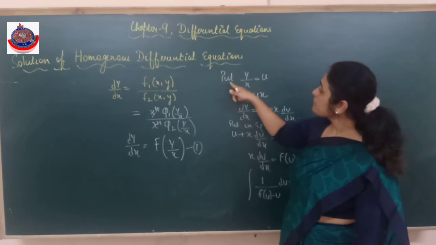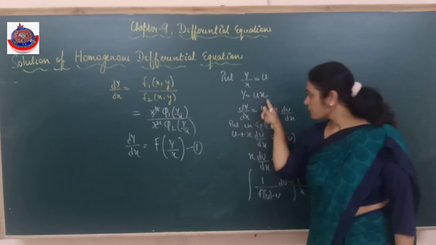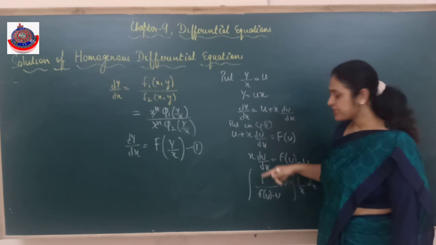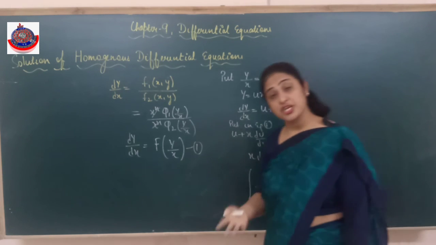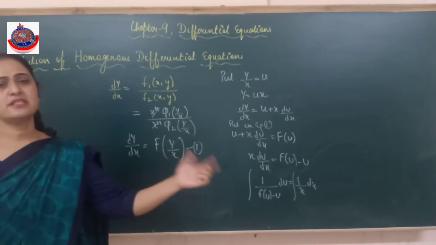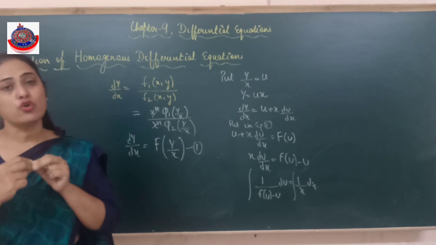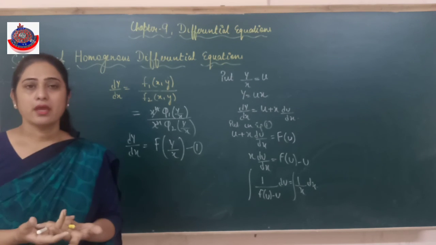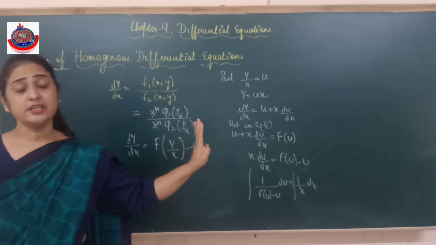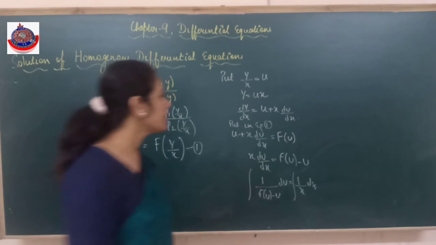Clear? Now I'll put this y upon x is equals to u. Y is equals to ux. Differentiate both sides with respect to x. Differentiate किया, सारा क्वेश्चन u और x के अंदर चेंज हो जाएगा and then I will be able to solve it simply by variable separable method, because I told you variable separable is going to be the base for all the methods, because वो last step है. इंटीग्रेट तब कर पाओगे जो वेरिएबल सेपरेट होंगे. x वाली टर्म्स x के साथ, y वाली टर्म्स y के साथ, u वाली टर्म्स u के साथ, then only you will be able to integrate. All right, just put a note.